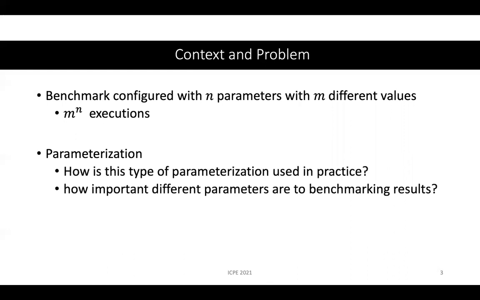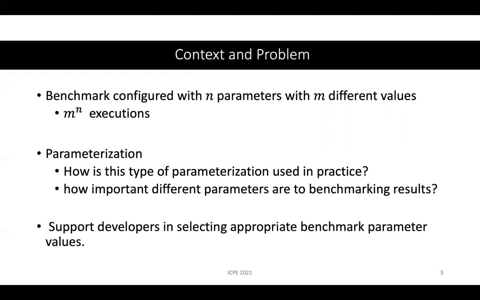However, so far, no research has investigated how this type of parameterization is used in practice, as well as how important different parameters are to the benchmarking results. So that's why ultimately we designed this kind of experiments in order to support the developers in selecting appropriate benchmark parameters,